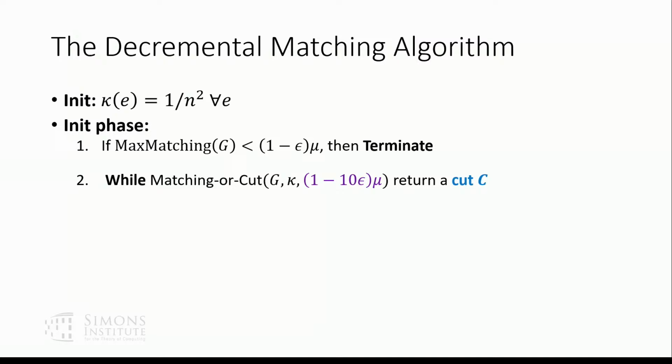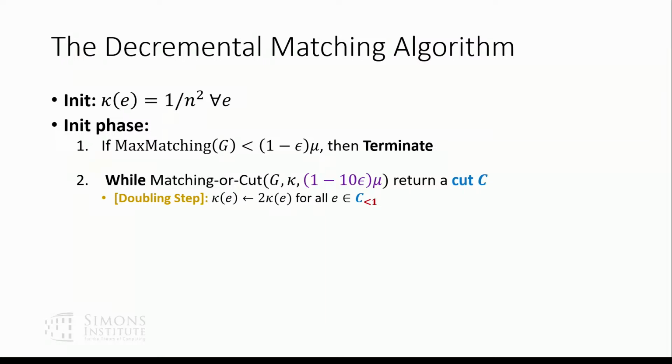But that cut is giving you information. That cut is basically telling you these edges are too small. Because you know the graph has a matching if the capacities are all 1. That's this first step. So if the second step is returning a cut, what that means is we know a matching exists, but it doesn't exist with your particular capacities. So there must be some edges whose capacity is too small, and the cut tells you what those edges are. So you're going to say, okay, these edges, I'm going to double them.